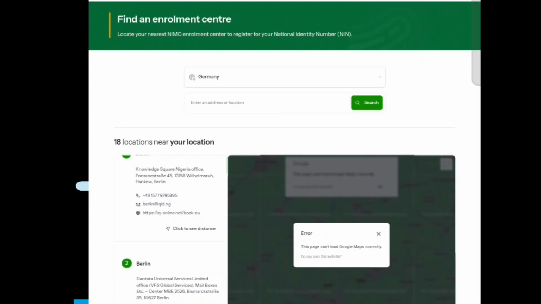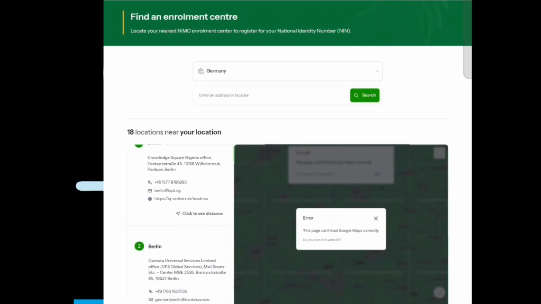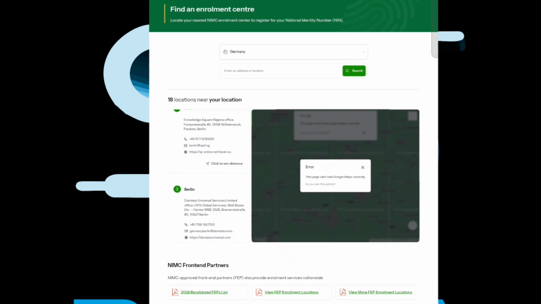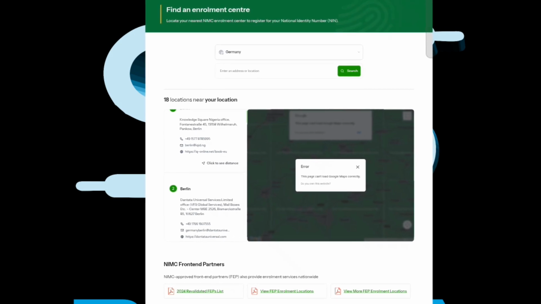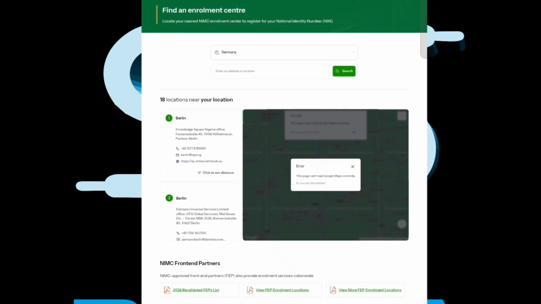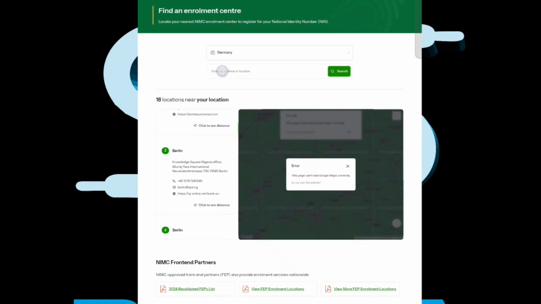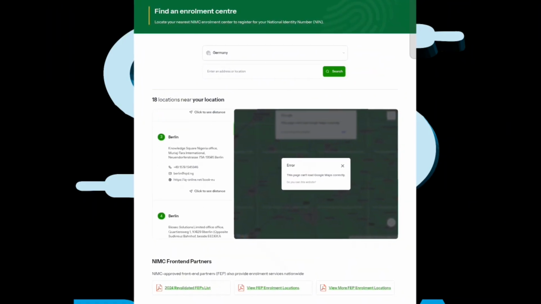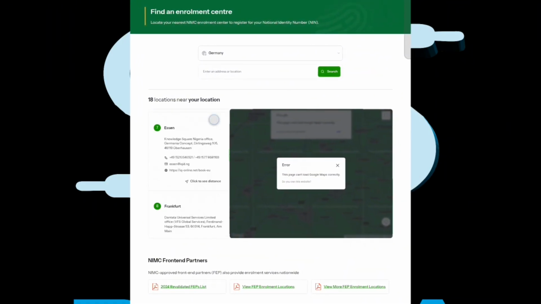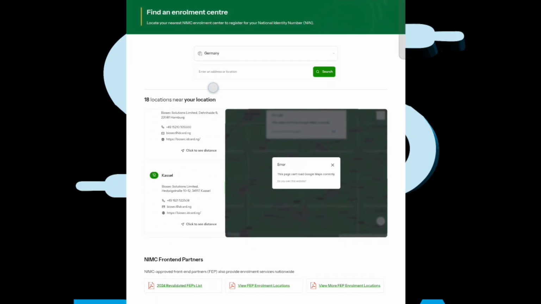Now, as you can see, in Germany we have 18 locations. If you are in Germany, it will be showing 18 locations for you. So all you have to do is go to one of the locations that is close to you. Scroll down,